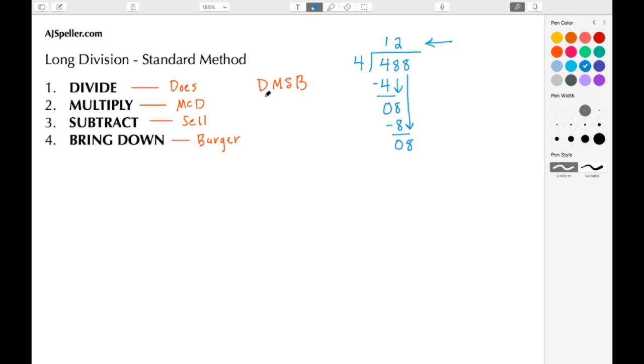Then we go back to the beginning here, which is to do our division. We want to see if 8 can be divided by 4. It can. That there is 2 times. Then we do the M for multiply, 2 times 4 to give us 8. The S for subtract, and then 8 minus 8 to give us 0. And there's nothing to bring down. And here we are finished. And now let's go ahead and move on to our check.